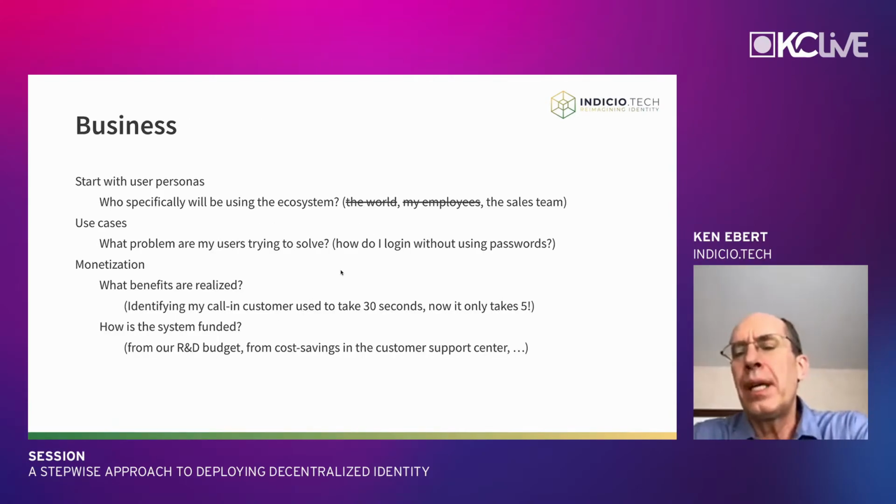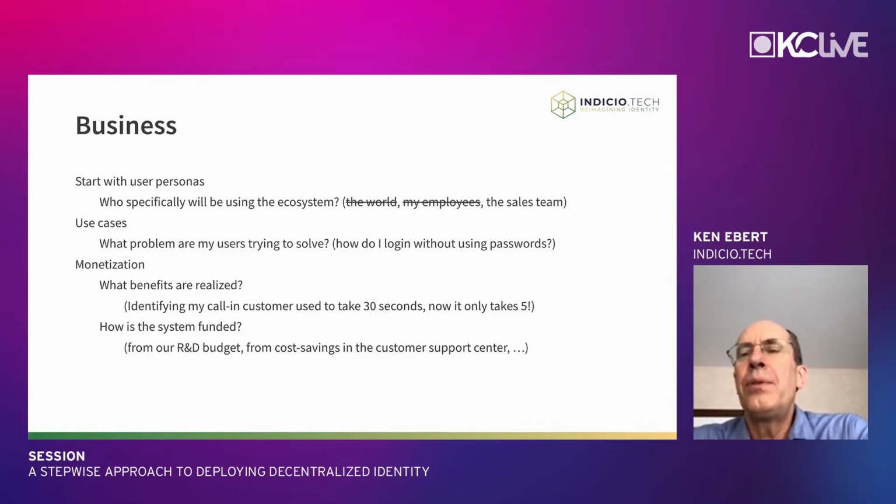Many of the technologists in the room are very familiar with the technology, and they get very excited about it, but they don't often consider the business side of the ecosystem. In looking at an initial deployment, whether it's a prototype or a trial or a production system, you want to look at who are the people who will be involved using the system.